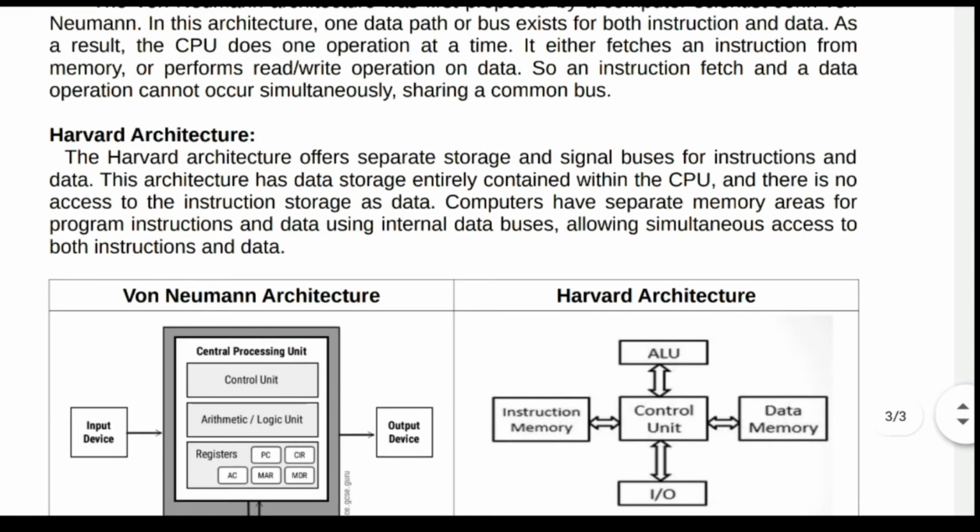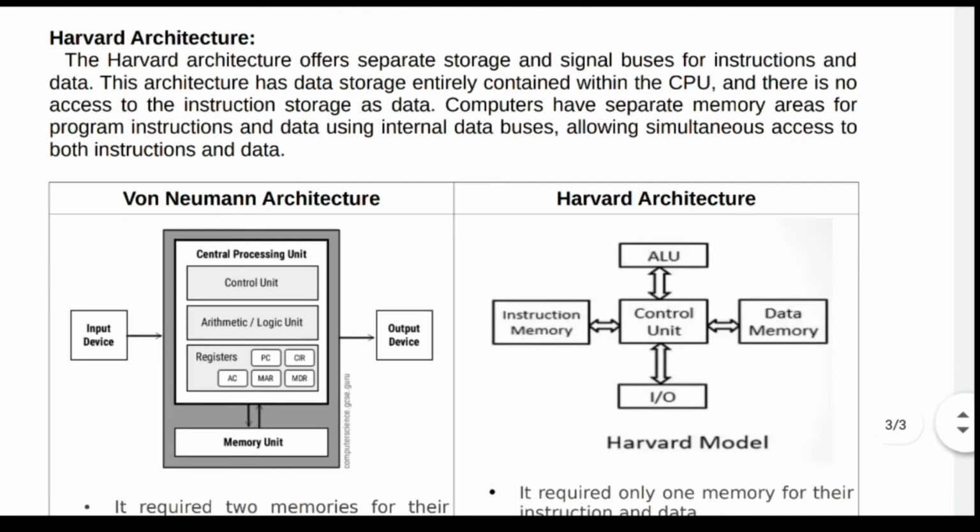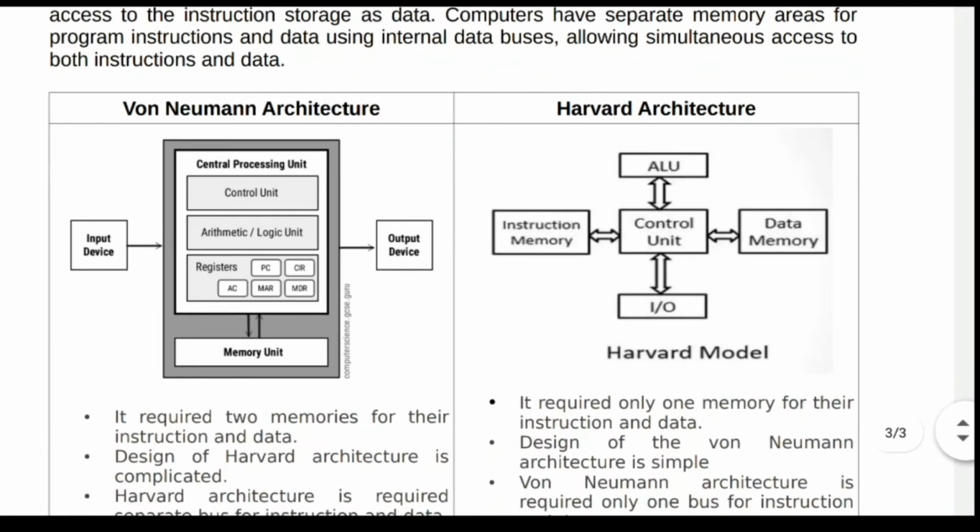But von Neumann architecture requires two clock cycles for completing two instructions, that is either data or code we need to do, right? In the first clock cycle we need to do the code operation, and in another clock cycle we need to do the data operation. Like that we need two clock cycles, but in Harvard architecture it will do at a time, it will do in one clock cycle only. So we have some differences between Harvard architecture and von Neumann architecture.